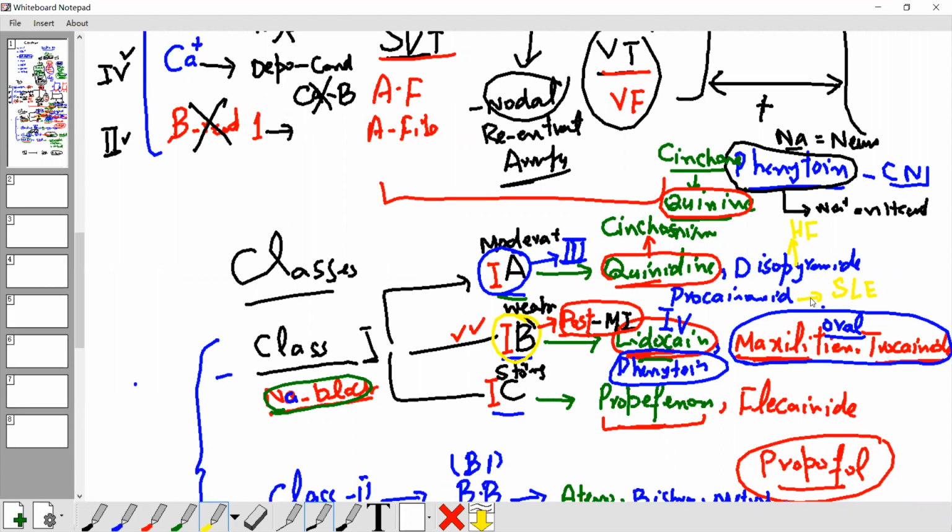The drug causes SLE, as we covered in heart failure. If you remember hydralazine, an arterial dilator, it causes SLE. Procainamide belongs to antiarrhythmic class 1A and causes SLE. The side effect of disopyramide is heart failure. The side effect of quinidine is cinchonism. Understand? The side effect of